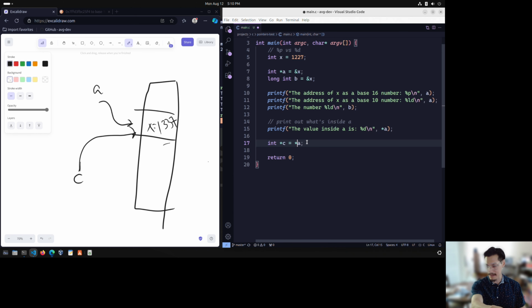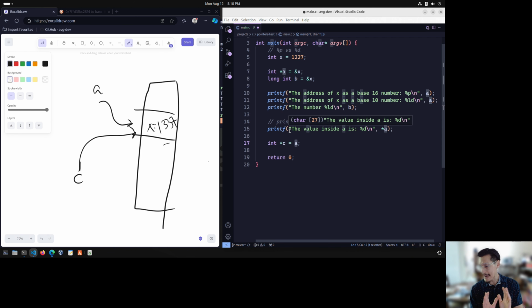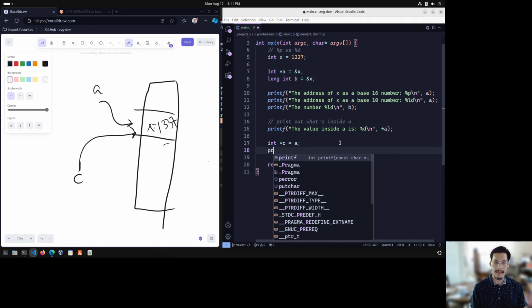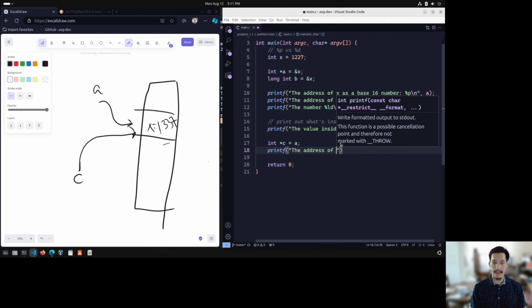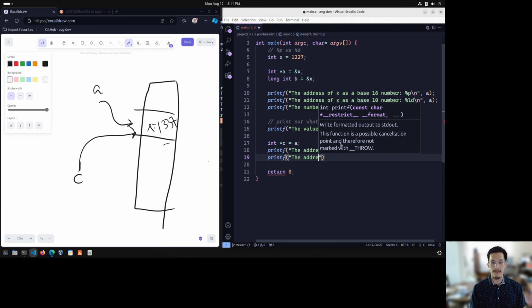So basically what will end up happening is that we're assigning the memory address 1227 in this case to the pointer C. We don't want to do that. That's confusing. Instead, we want to assign the address where A is at to the pointer C. And then we can just print that out again. The address of A is, and we'll even do it as a pointer for properness, and we'll say the address of C is,